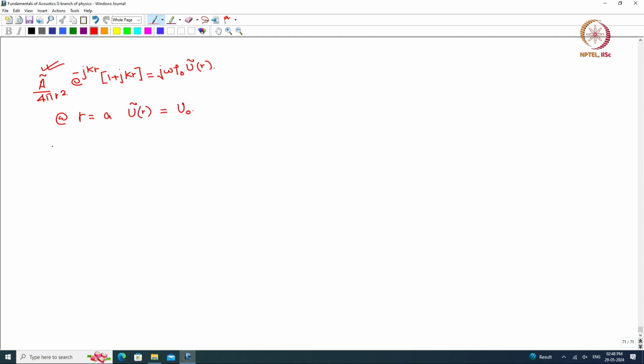So, if I set r equal to a, what I get is a tilde e to the power of minus j k a by 4 pi a square, 1 plus j k a is equal to j omega rho 0 u 0, and therefore a tilde is equal to j omega rho 0 4 pi a square u 0